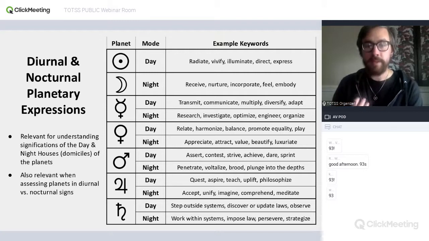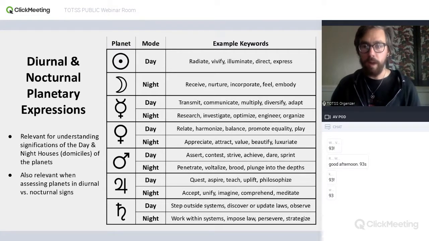And so again, you can get a sense of this diurnal and nocturnal expression of the core planetary significances. So building up from what we did in our second class in the series, where we talked about some of the core meanings of each one of the planets, and now starting to develop a polarized expression of that planet based on the core meanings that we already have for it.